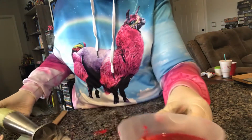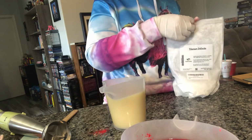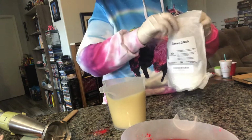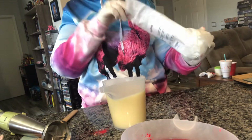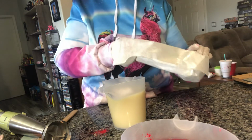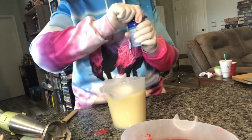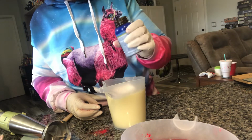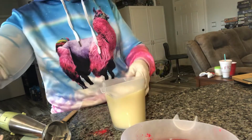You know what? Let's think smart. Let's do our white first. I got it, glad I caught it. It wouldn't be the end of the world, but we want white and not pink. So we'll do this. And that should be good. And then the Island Colada. So I'm doing about 2 ounces in each one of these. And then my black,